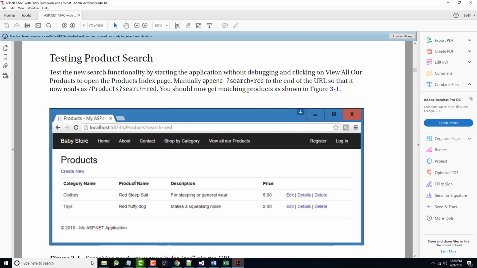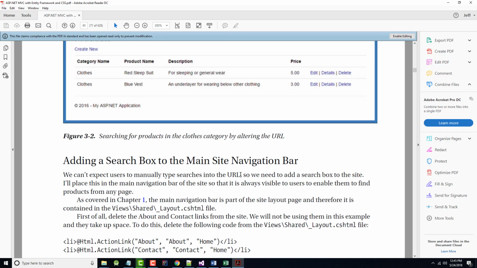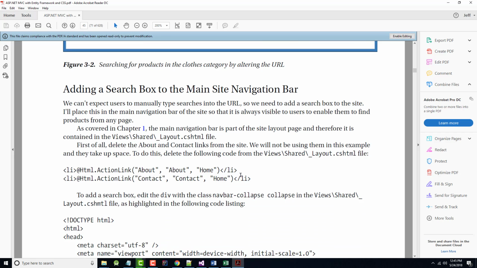So we tested it, and everything looks copacetic. In other words, it all appears to be working. The problem is, again, do we expect our user to have to type in this? That doesn't really make a boatload of sense. So what we're going to do,